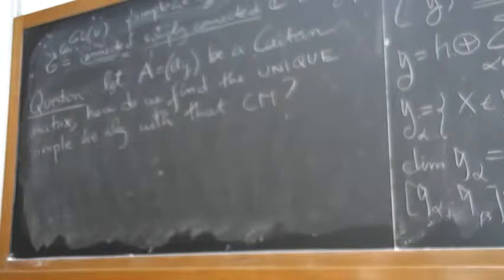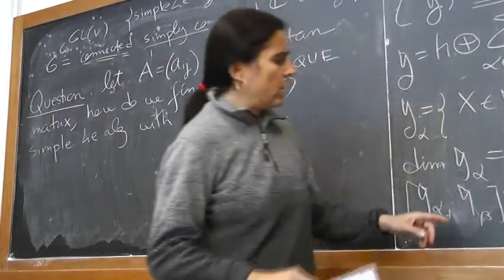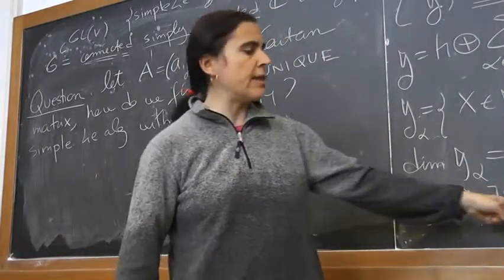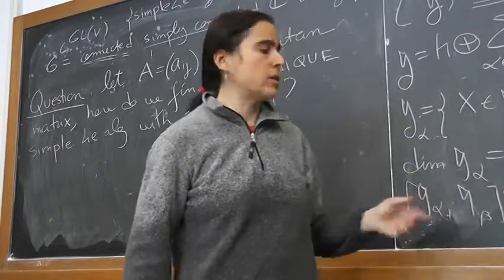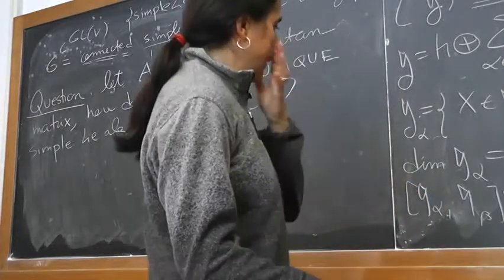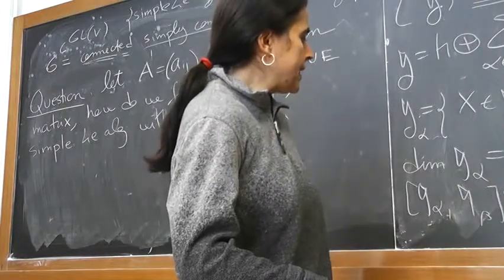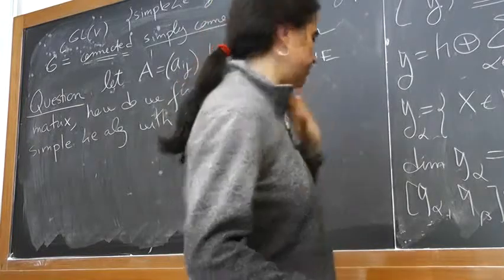First of all, let's make an important observation. Look at this. Actually, this is equal, right? Because it is either 0 or it coincides with that. Because this is dimension 1. So this is a vector space. This is either 0. So now, look at this bracket. It tells me that if I have, suppose that I have the generators,